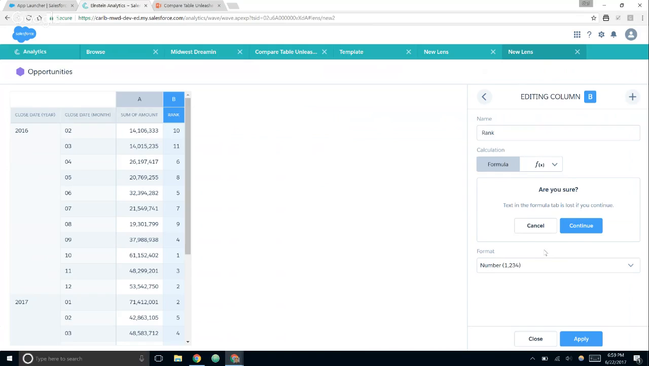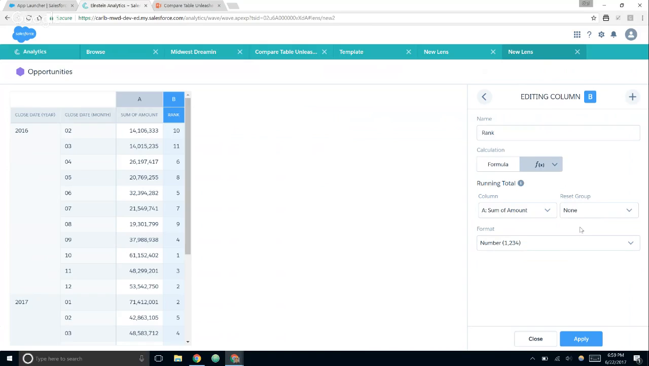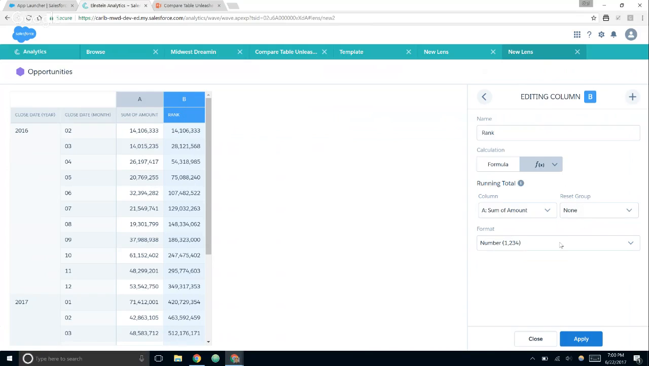One of the ones that I like is running total. Running total will give us an idea of how each month of our sales has contributed to the particular year. So if I were to apply this right away,